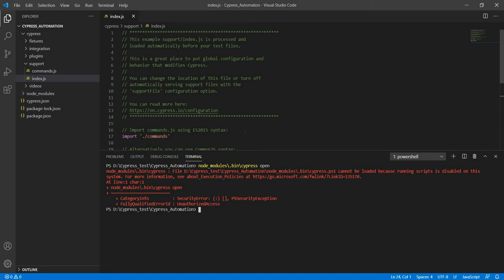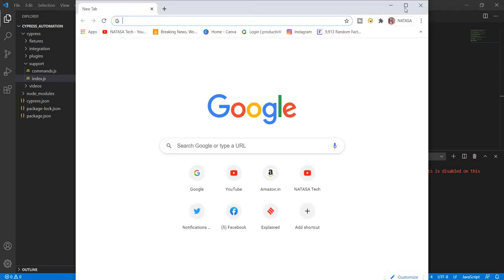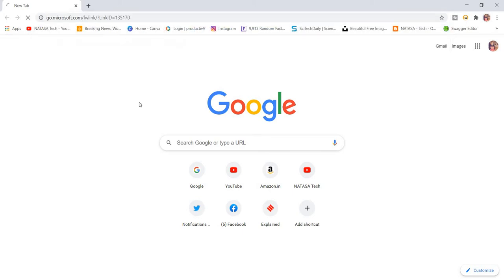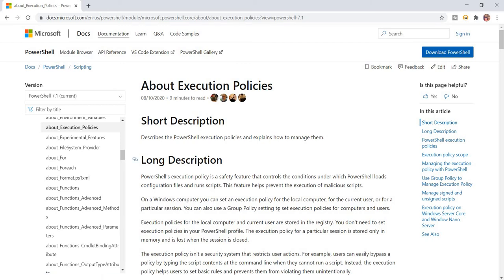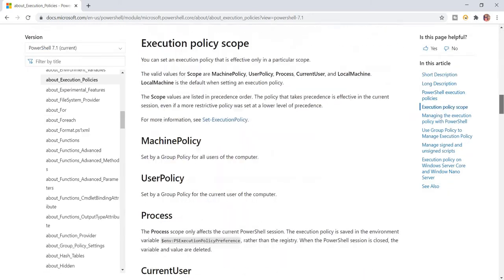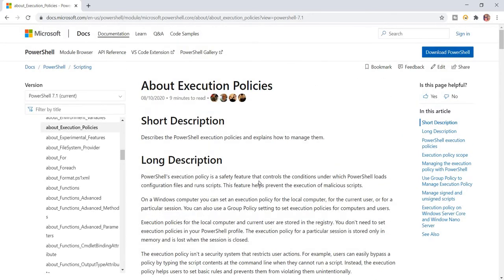Inside Cypress, we are using the JavaScript language, right? For JavaScript, there is some execution policy. First we have to read those things. Now I'm going to visit this site. This site will give you the steps for everything. Open the Chrome browser and hit this URL. After hitting this URL, you can refer to the execution policy articles. It takes too long, and you'll also get confused after reading the execution policy paragraphs. So now I'm going to directly tell you the solution.